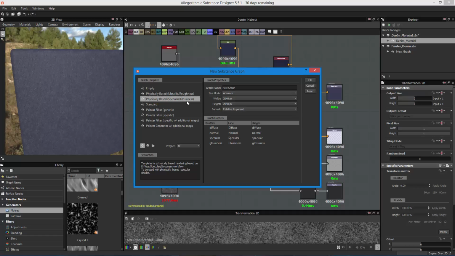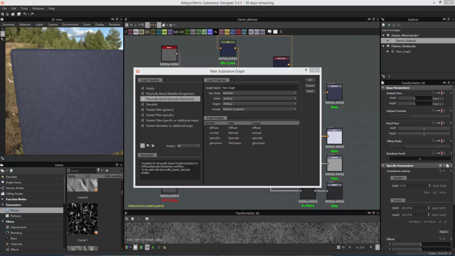Those you would use physically based metallic roughness, because you're able to generate a map that gives Substance, and whatever program you're going to use it in to render, the information that it needs to create a specular highlight that's either going to be based off of the actual diffuse or albedo color or